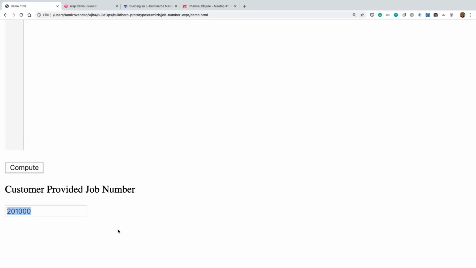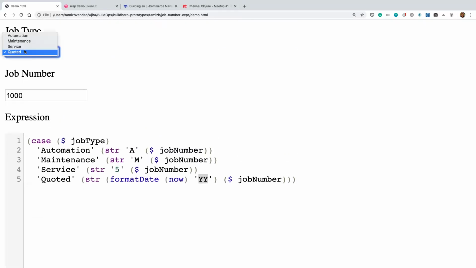If you look at this job number, there are two inputs. One is the job type, and this job type the application does not control. It is the tenant's information. The tenant can have n number of job types, and it can be anything. But based on the job type, we need to do something. So that's the problem statement.